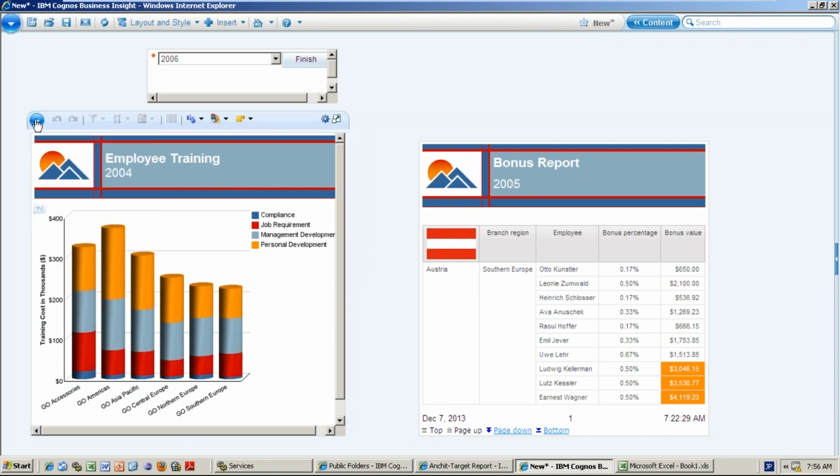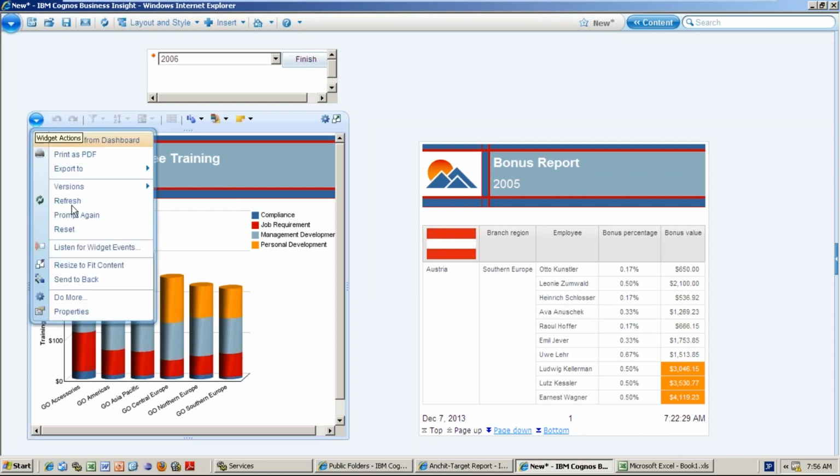And if you want to refresh, it will once again reload the data. And if you want to prompt again, the prompt page will come, you can select another value. If you want to reset, for example, you did some modification to this report, if you want to reset how the original data is there, it will run. But I didn't do anything here, so it is nothing. Listen for widget, which report you have to listen to.